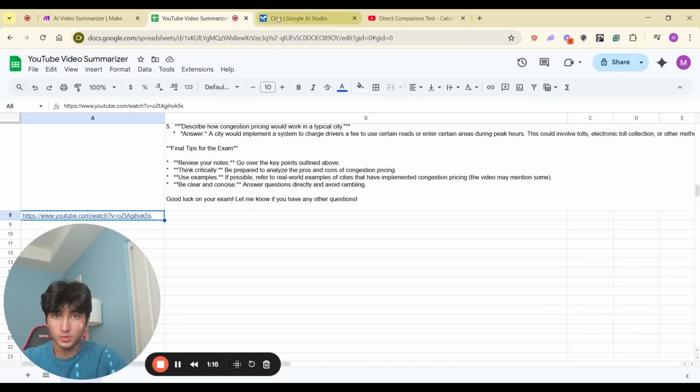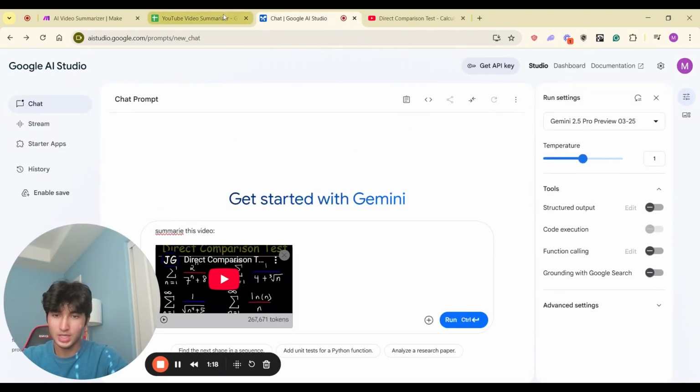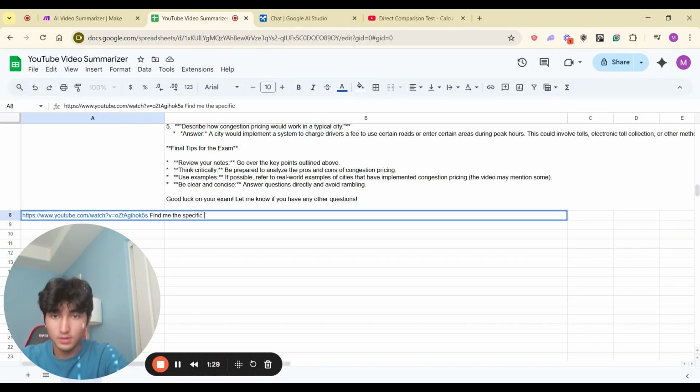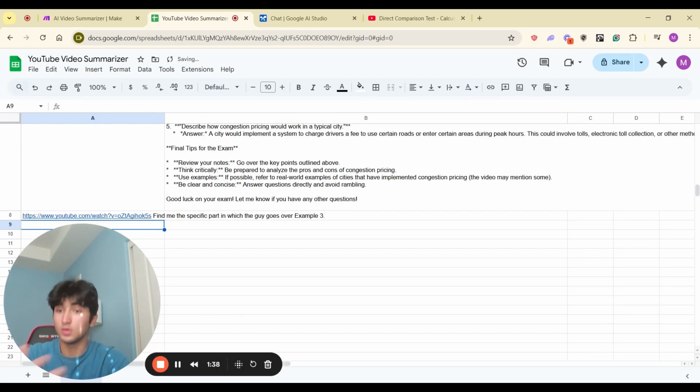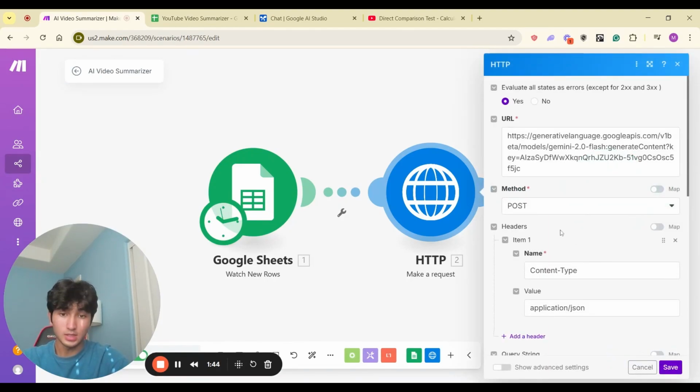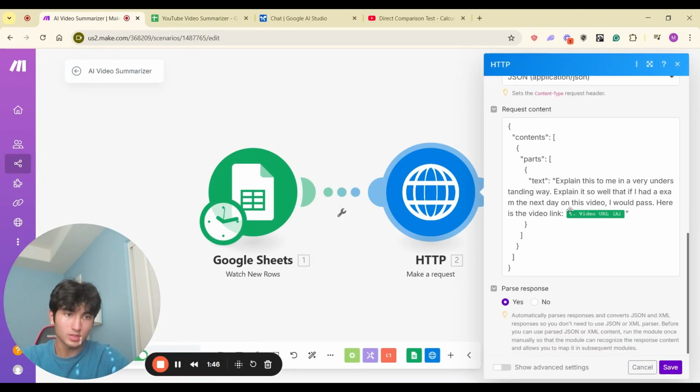Now you could also do this using this AI agent. You could also customize it on any end to be sort of a chatbot as well. So you have your own AI agent chatbot rather than using Gemini. To the YouTube link, you could say, find me the specific part in which the guy goes over example 3. Let's say if it's your teacher's video and you want to see example number 3, then you could add this on,